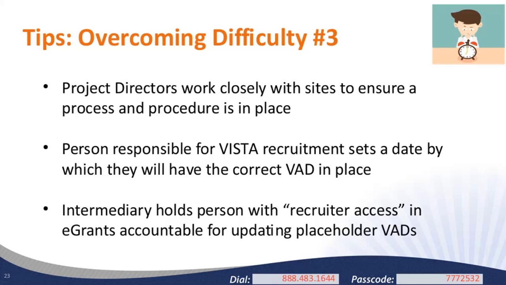So here are some tips to ensure that the correct VAD gets to your VISTA member or candidate, I should say, as soon as possible. So first, set up some Outlook tasks or other tools to update the VAD within 2 weeks of a placeholder VAD being posted. So if you have to do a placeholder VAD, which in all honesty should be a rarity, you should really not make that a habit. It should be only in dire straits that you do this. You really need to have that correct VAD developed on time.